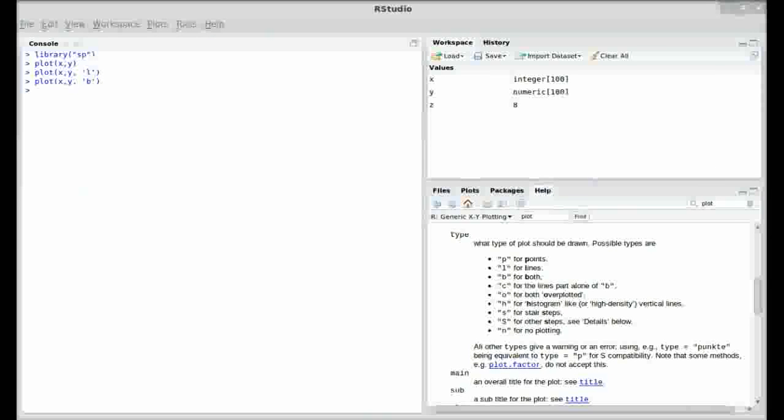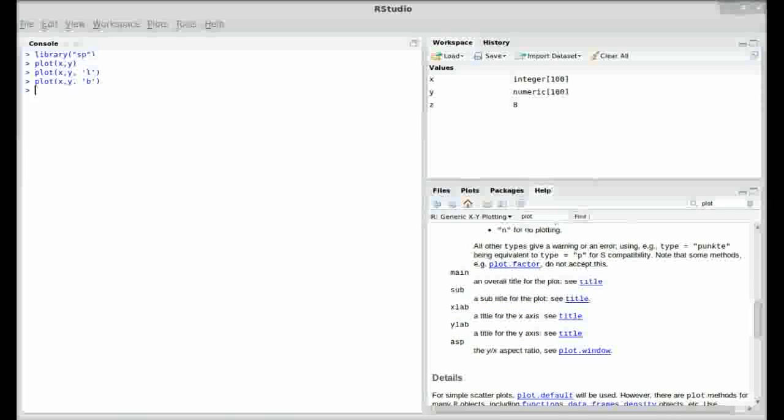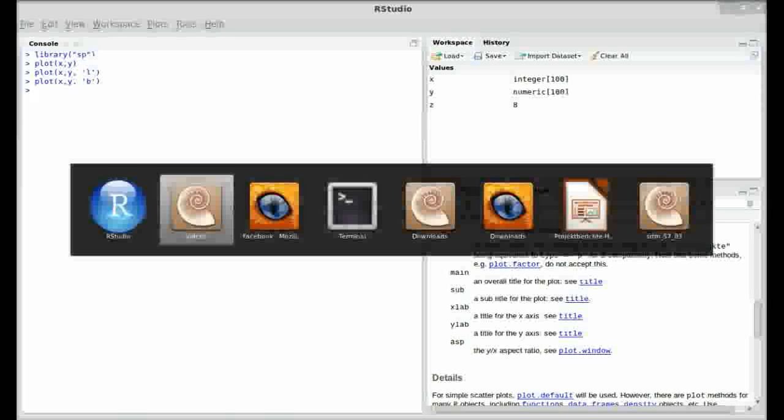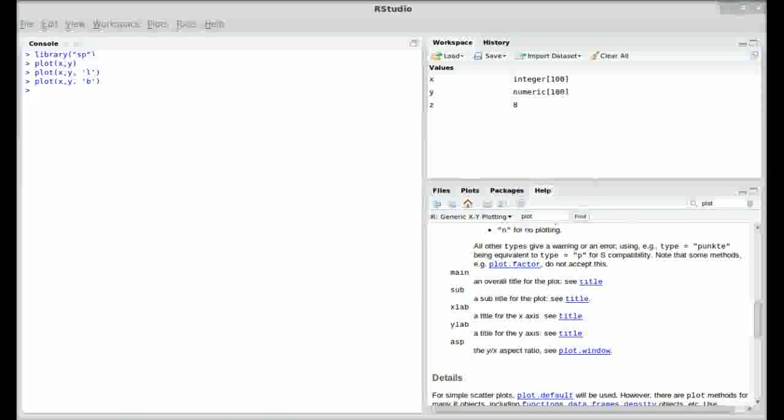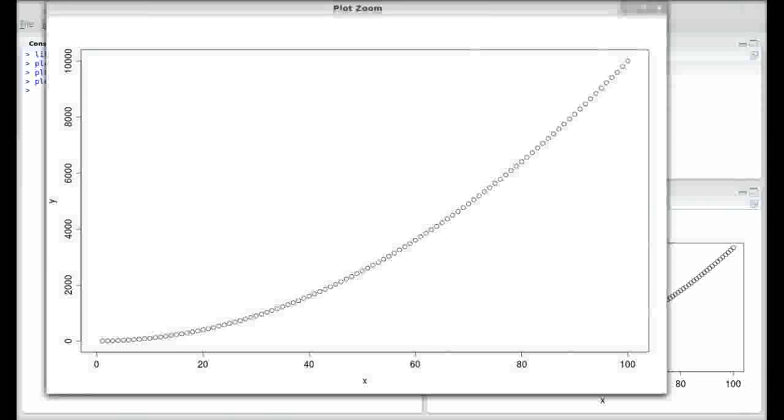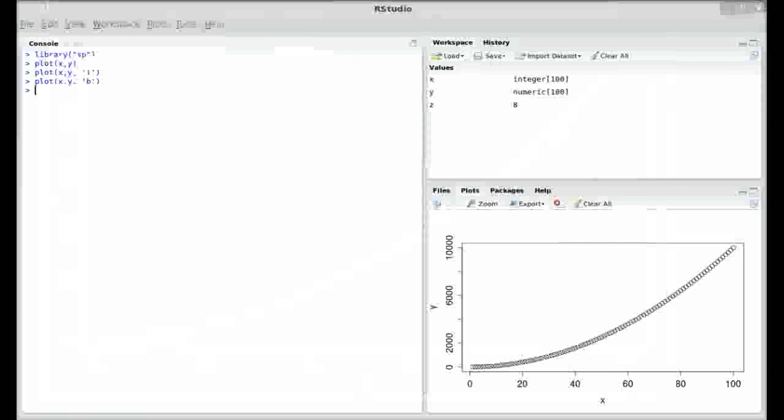Back again to the help for both lines and points. I don't know what was going wrong in this case. But there are also a lot of other arguments you can pass to the function plot, especially xlab, ylab, and the y against x aspect ratio. So let's go back to the plot. As you can see here, the ratio is not 1 to 1. So let's say plot xy